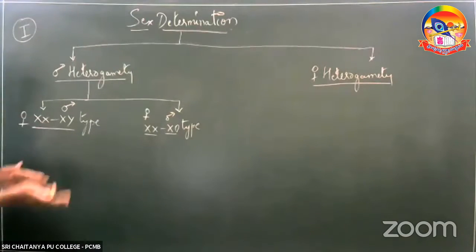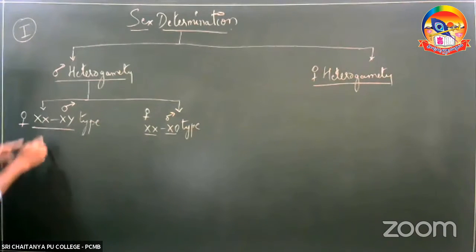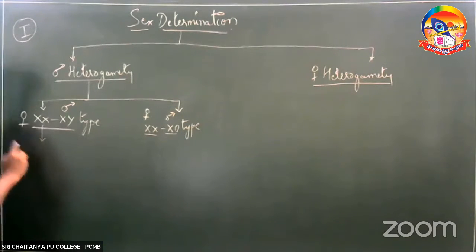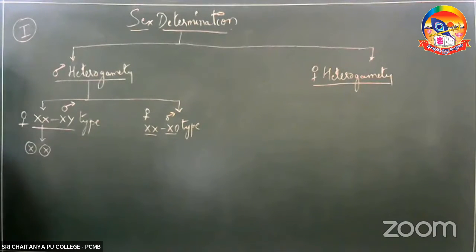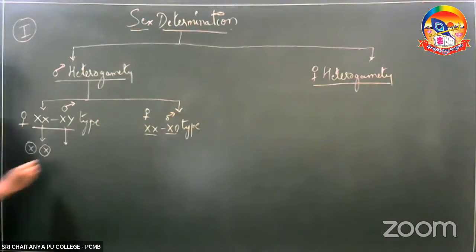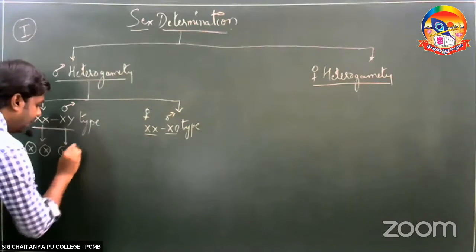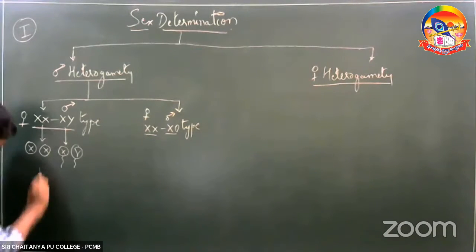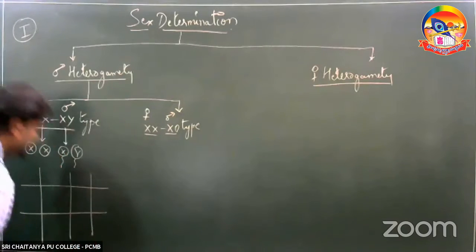So let us make the normal cross as well as the Punnett square. When we start with the cross for XX and XY, we know that XX will produce only one type of gametes, the X containing gametes, whereas XY will produce two different types of gametes. One sperm will have the X chromosome and one sperm will have the Y chromosome. Now, when we start making the Punnett square for this,